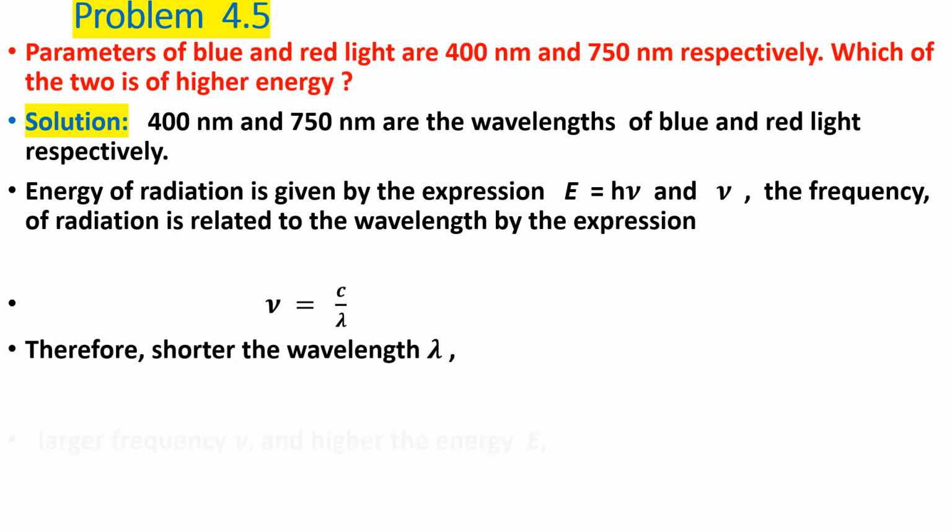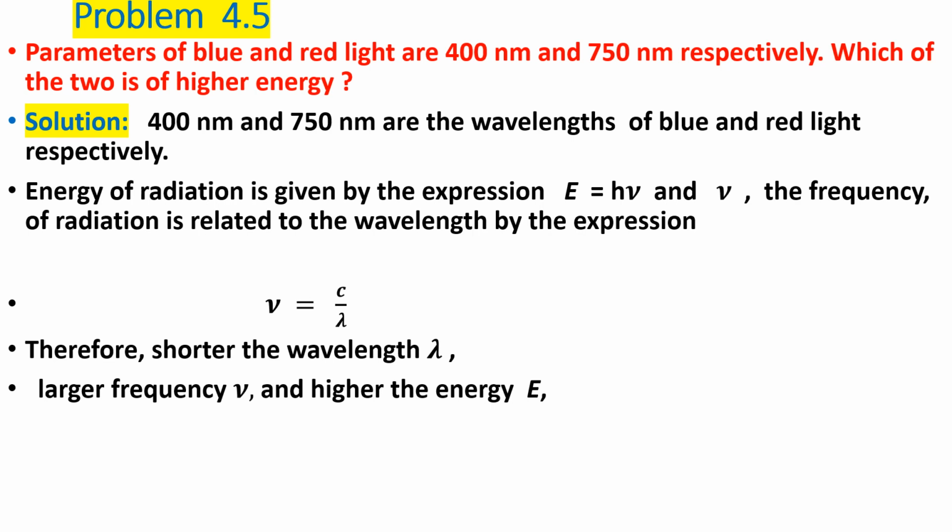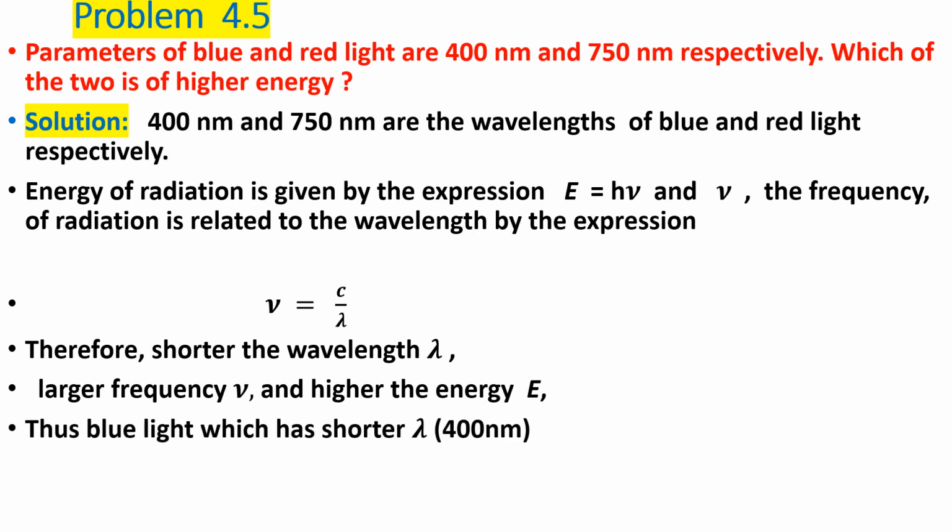Therefore, the shorter the wavelength lambda, the larger the frequency and the higher the energy. Thus, blue light, which has shorter lambda, that is 400 nanometer, than red light, that is 750 nanometer, has a